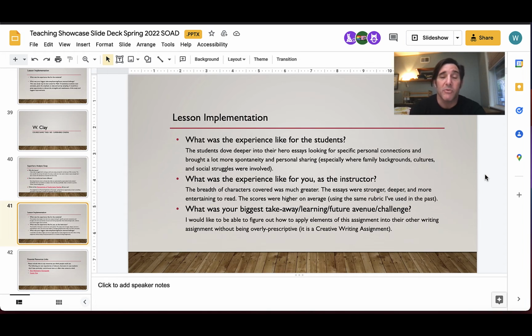And for me as an instructor, being able to read those was a lot more enjoyable. I felt more connected to the students as I was reading these essays, and it was a lot easier to get through a whole stack of essays when I knew that each one was going to be very different and very personal.